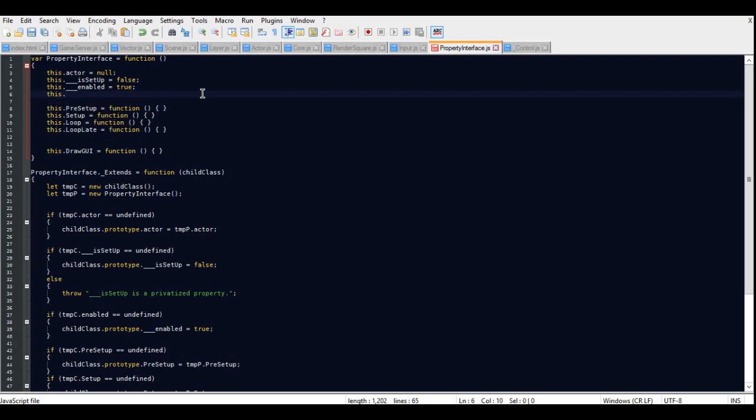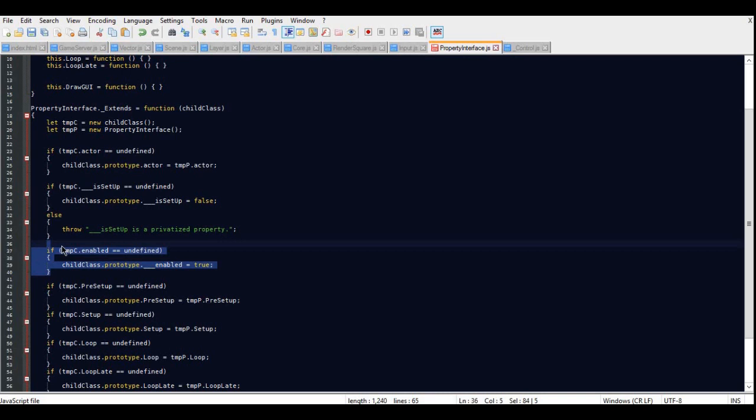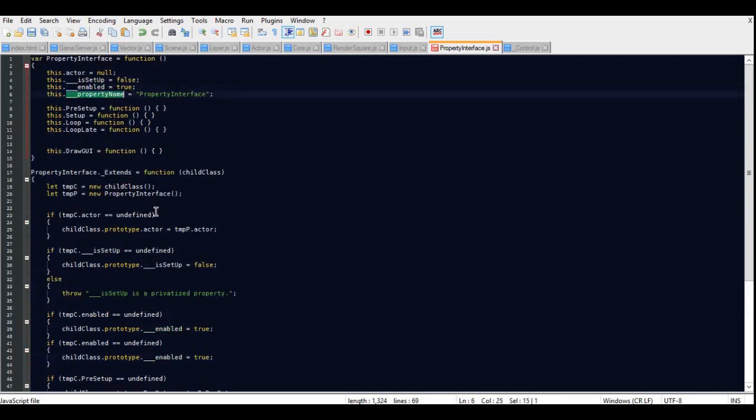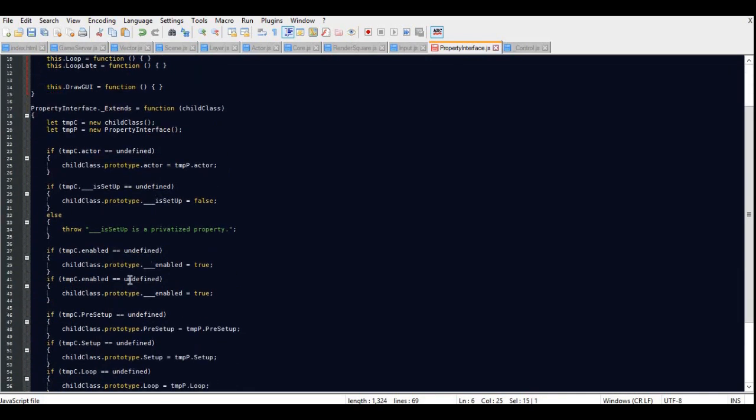What I want to do is add a underscore property name equals blank, or in this case it would be property interface, and just underneath enabled I want to set this up properly. That's not even set up properly, so